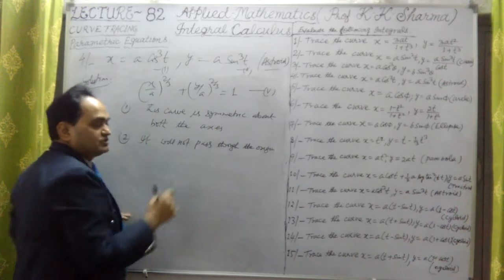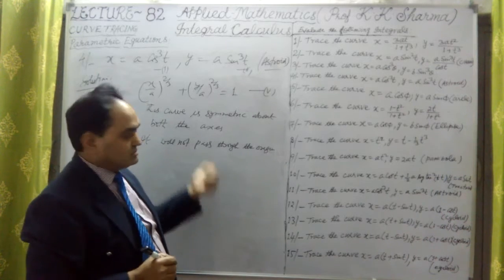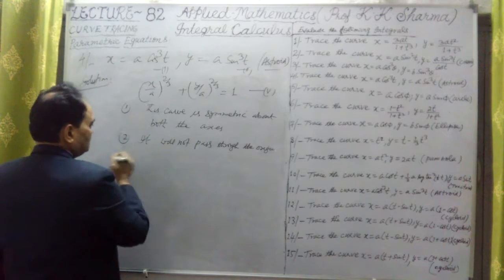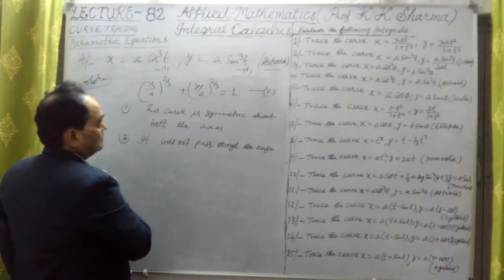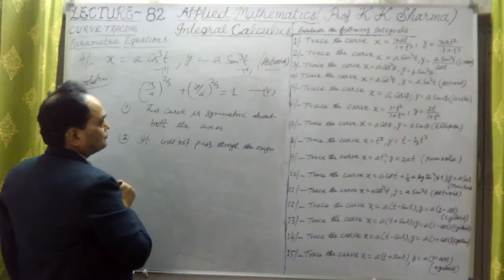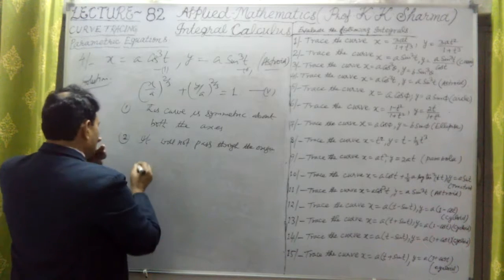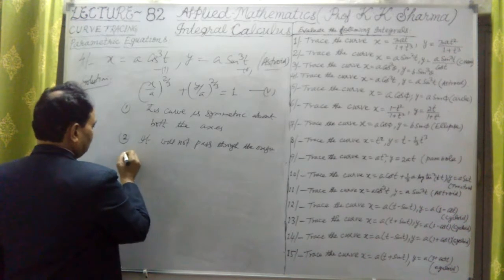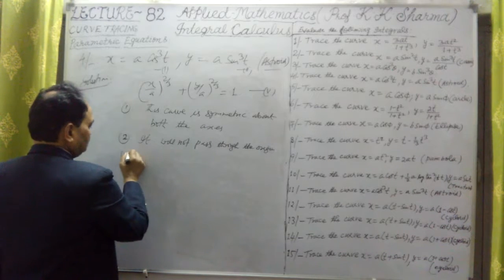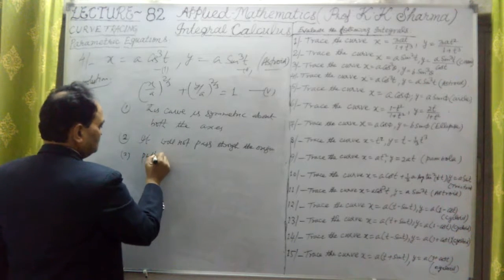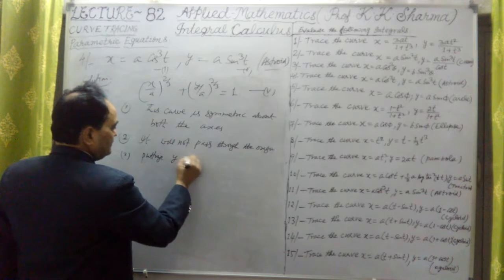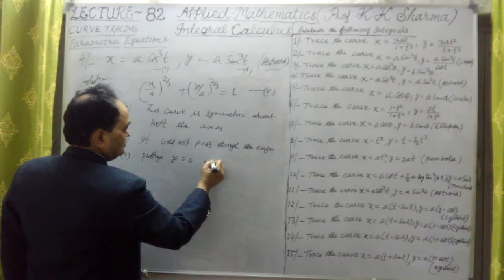As 1 is an independent constant term, the curve is not passing through the origin. Second thing: before solving it, let me find some values. Third point: putting y equal to 0, we get